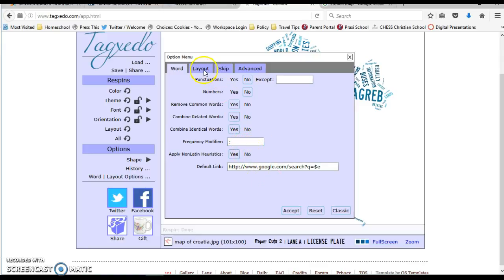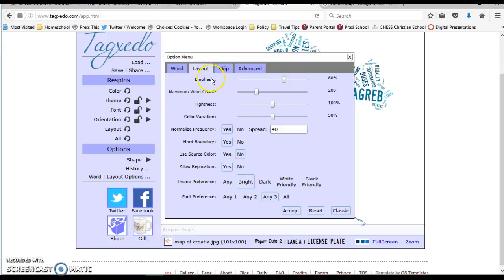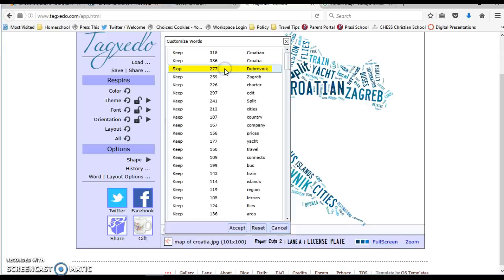And then we're going to go to layout. And this tells you the emphasis. So you can change the emphasis. You can change your maximum word count. So if you want to include a whole bunch of words, you can bump that word count more. If you are wanting the words tighter together, you could increase that. The color variation you could change. And then you could change your theme preferences or your font preferences. Then you could also click on the next thing,